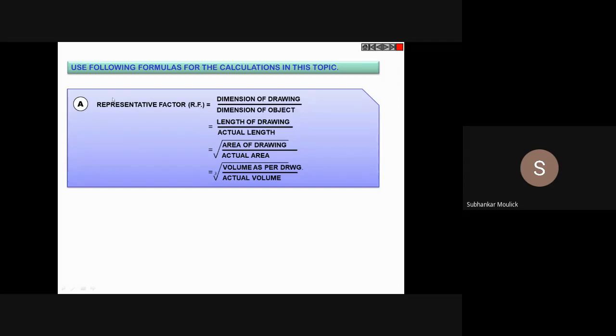In some books you can find it as representative fraction. Either you call it representative factor or you call it representative fraction. What is RF? It is the ratio of two quantities. In the numerator part, it is the dimension of drawing. In the denominator part, it is the dimension of object. That means,